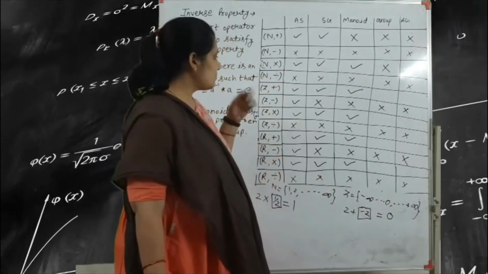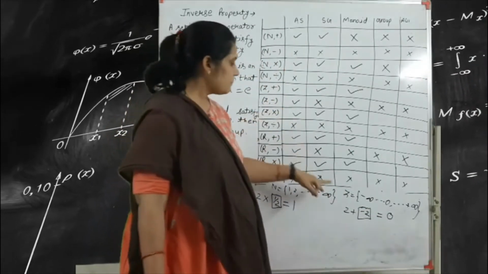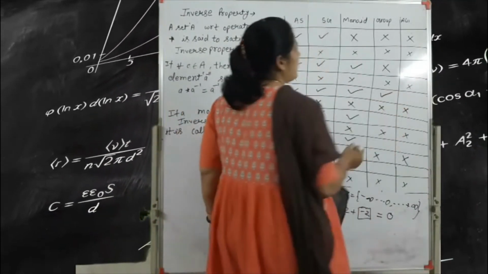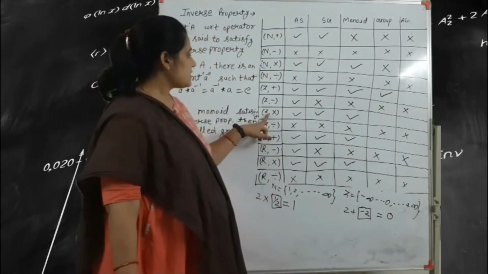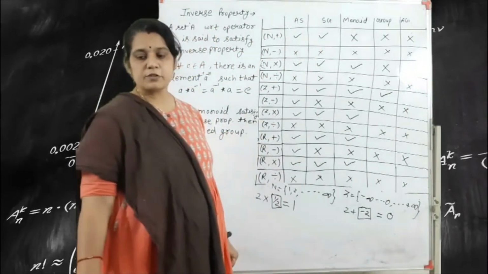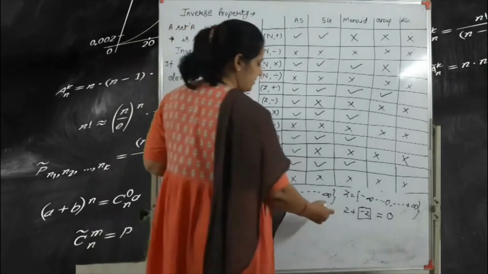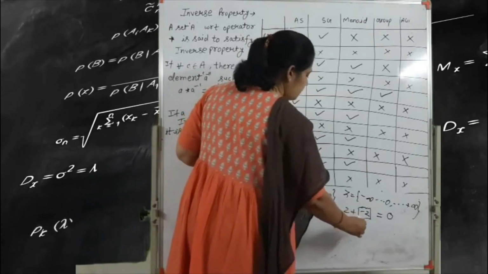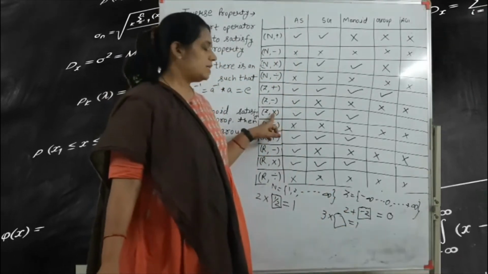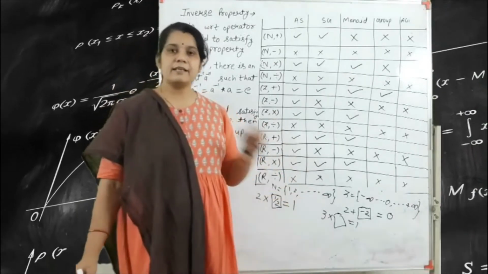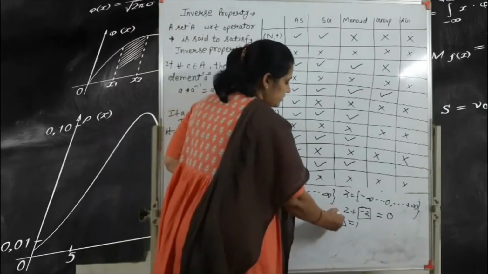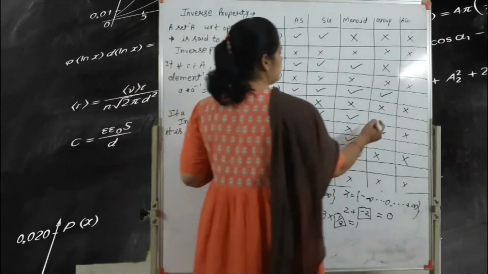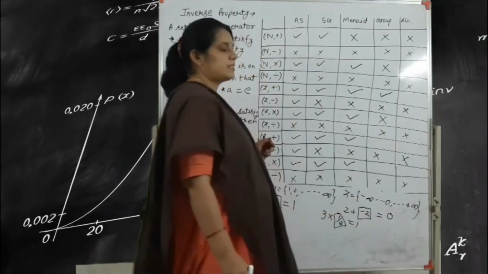So minus 2 is present in Z plus, yes, exactly, because that is a set of integers. That means this satisfies the inverse property. Next one is Z multiply. According to Z multiply, if we use 3, into which number do we multiply to get 1, because with the multiplication operator our identity element is 1? So here we write 1 by 3. Got it? But 1 by 3 is not included in the Z set. That means this does not satisfy the inverse property.